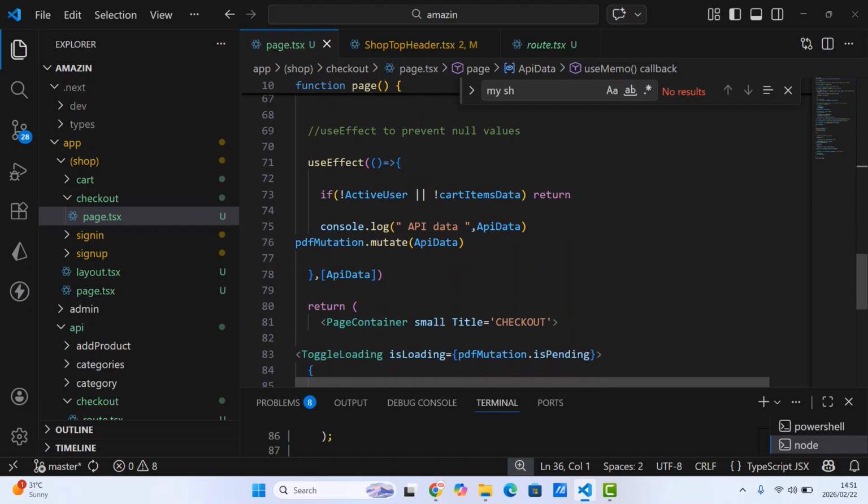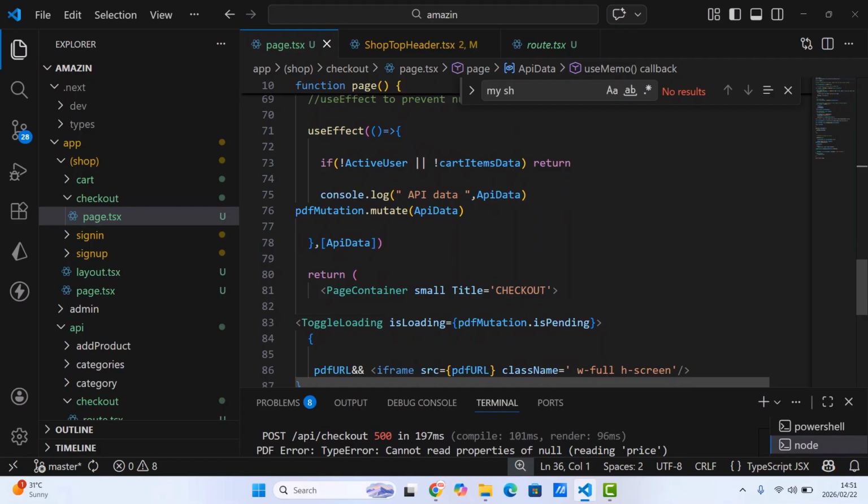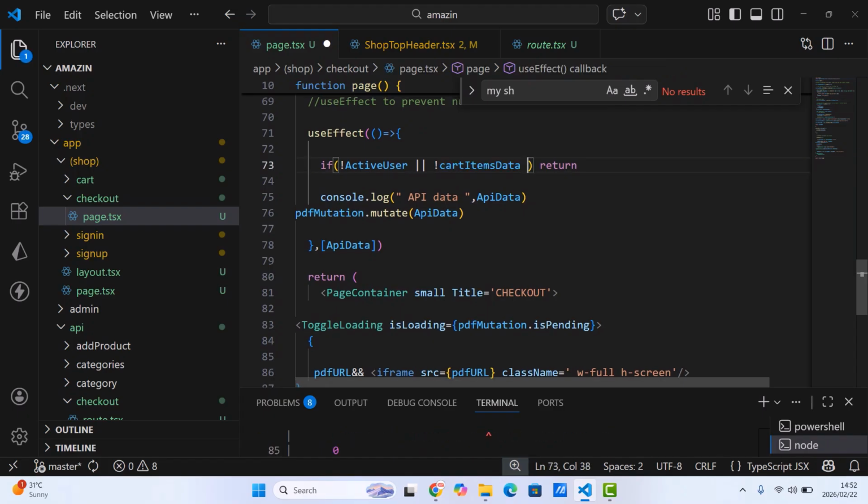So let's make sure that useMemo works fine, without any disturbance. So let's go here. If this is not available, or this is not available, or maybe what I can do